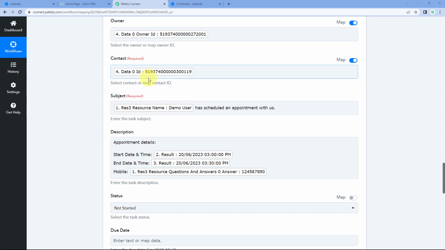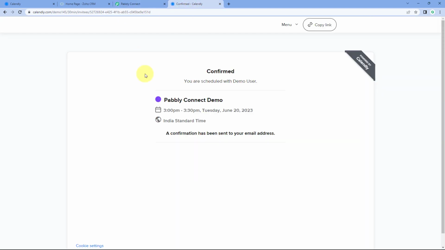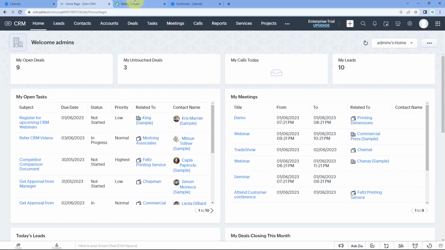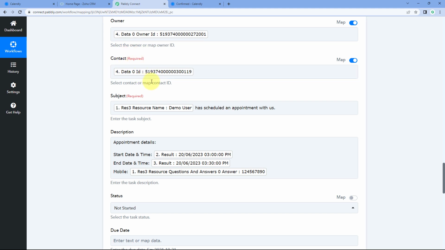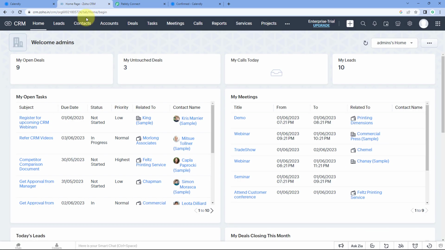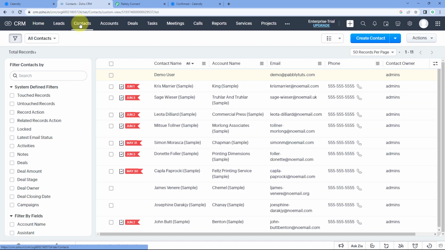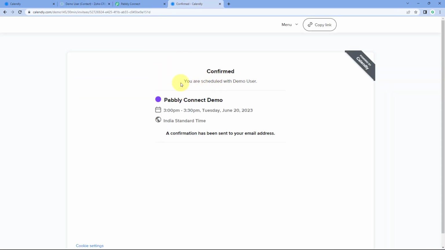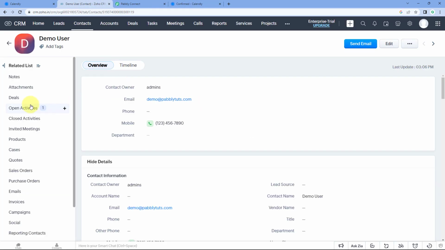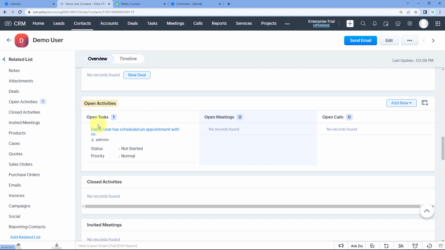For this contact whose contact ID we have mapped, basically the user who has booked an appointment with us, for that contact in our Zoho CRM account, we have basically created a task. So let's check it. We will go to our Zoho CRM account, go to the contacts page, and here we have this contact, demo user, using whose details we have booked the appointment. So we'll go to the contact, and yes, here under open activities,